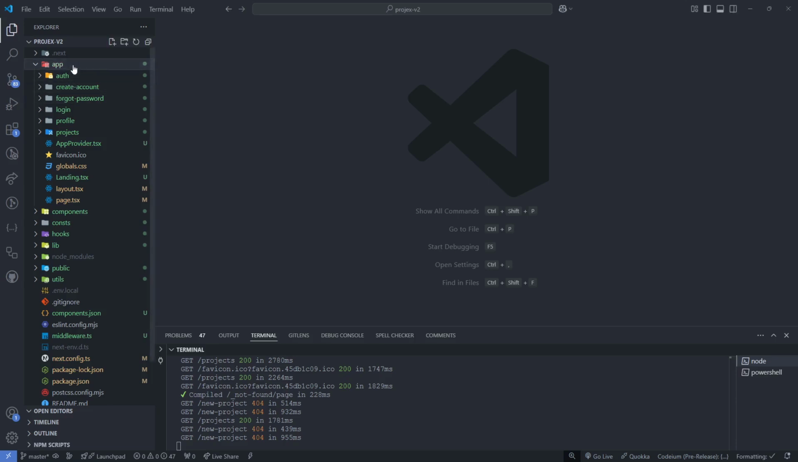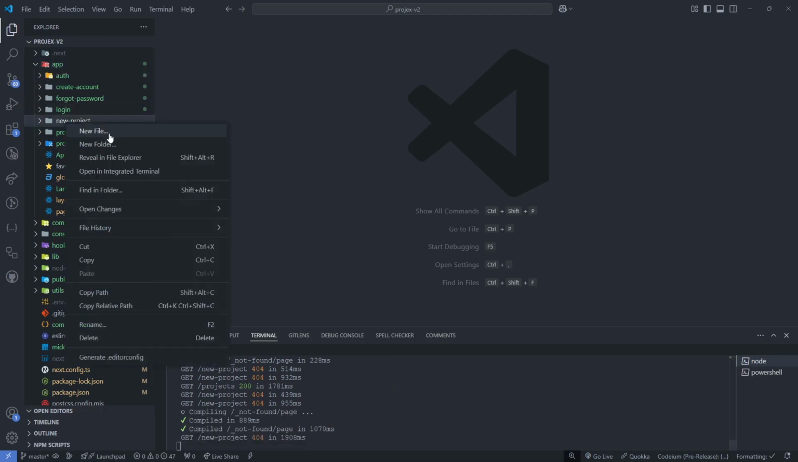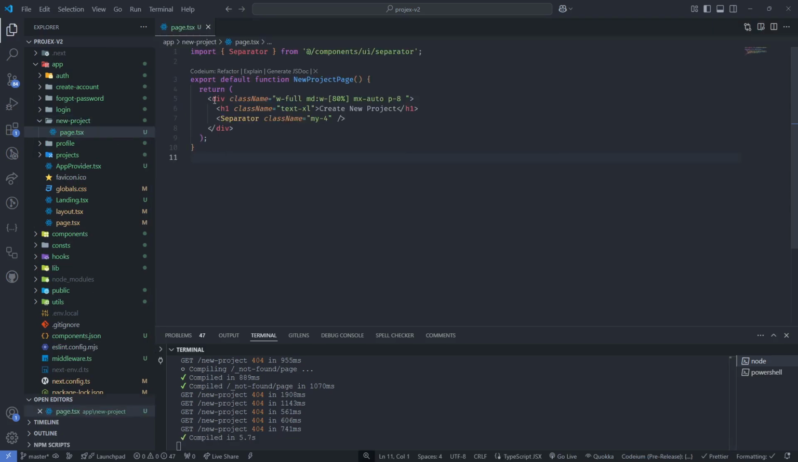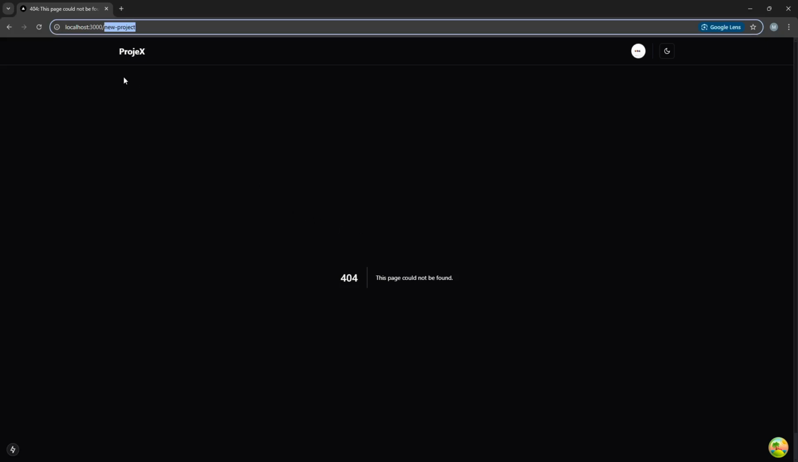Alright, so we are going to create that folder called new project, and inside we are going to create page.tsx. So yeah, nothing going on here. It's just a title and then there is a separator. So let's actually check that the page is displaying fine. Yeah, so this is how it looks like right now. It's just a title here, and then we are going to render the form here. So let's go back,